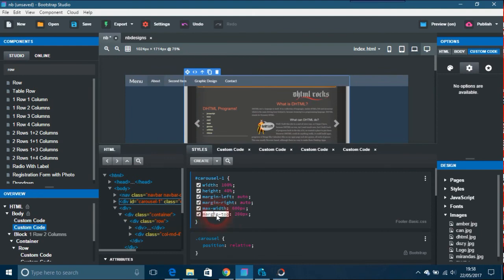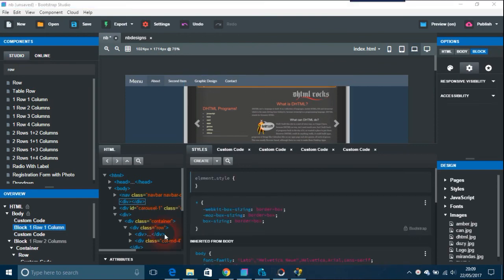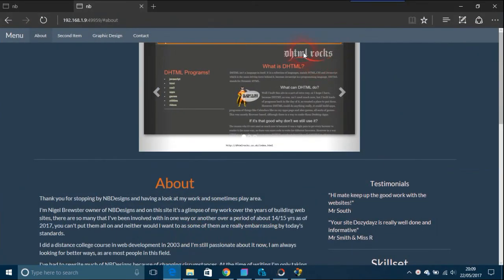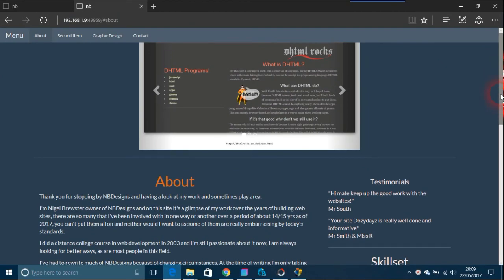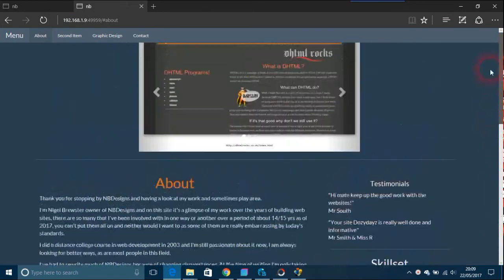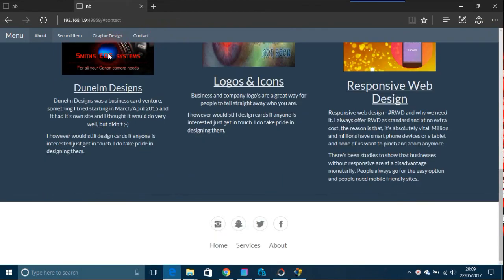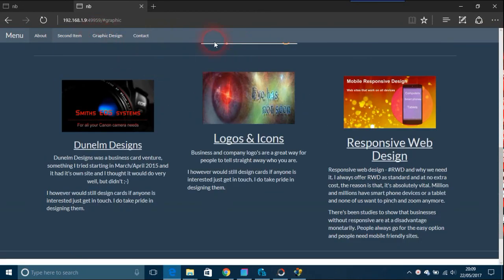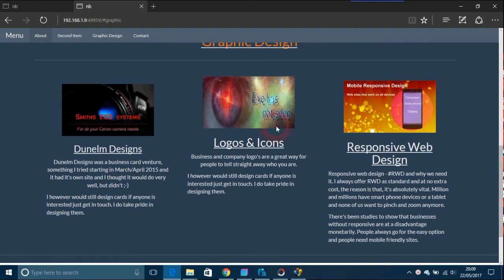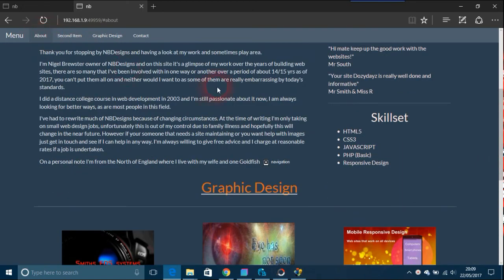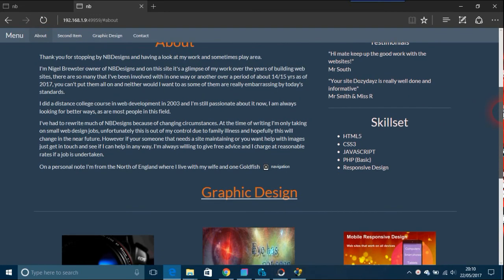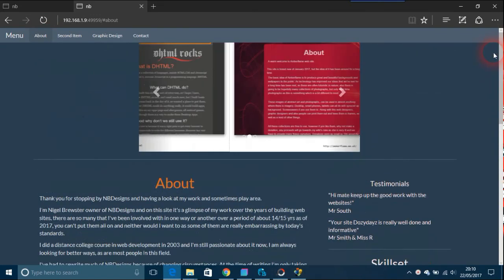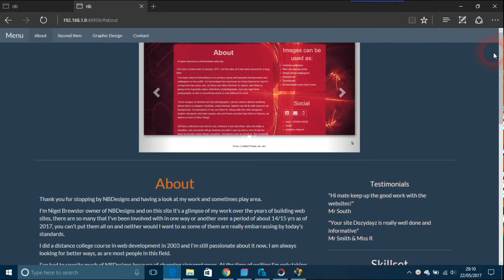Anyway, so again, the next part really should be the last part of this. So we're really motoring on with this now. Got to this stage. Slight problem with this here. Other things is, if you remember where we are, contact, graphic design, they say that would take you there, you see, and about, this would take you there. Okay, so as I said, I think previously that that needs JavaScript, so we just put in